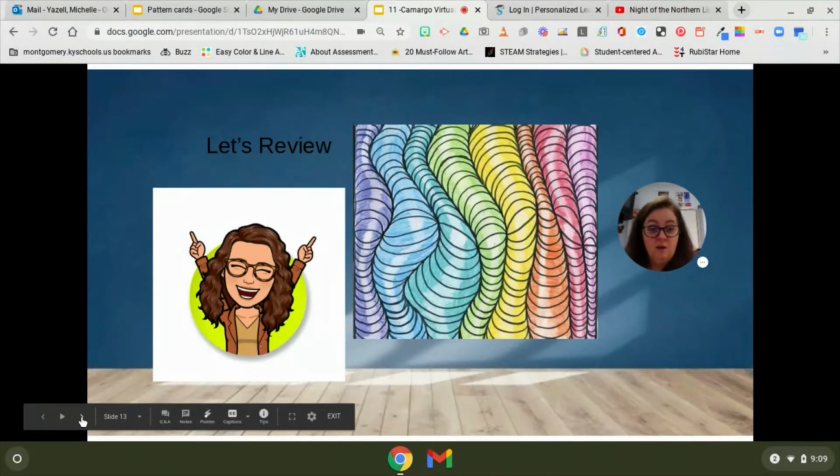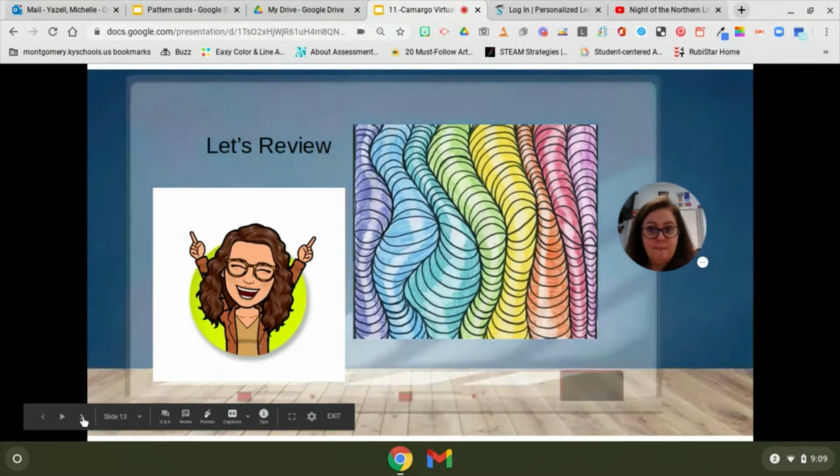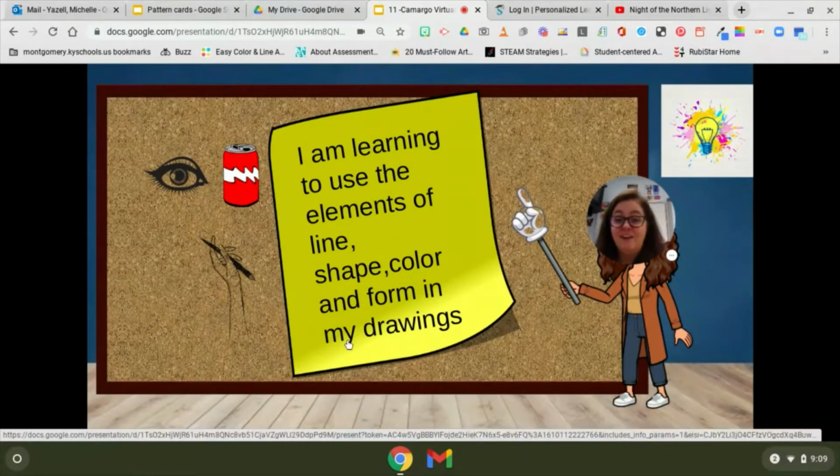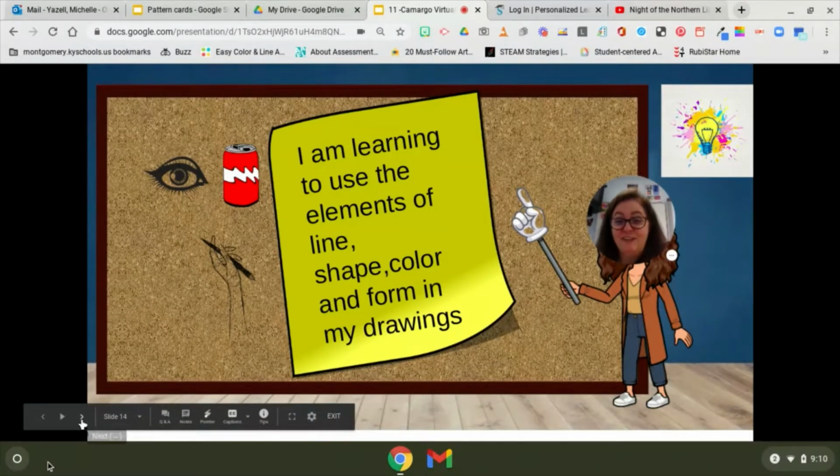So today, you're going to be learning about using the elements of line, shape, color, and form to create your drawing. So lines, shapes, and colors are three of the elements of art that help make up your picture. When you start drawing, you are using those elements of art. They're kind of like the building blocks of your picture. And form is also an element of art, and it means something that's three-dimensional. But when you're drawing, you're not really creating something three-dimensional, but you can make it look 3D by the way you draw it. And artists use those tricks all the time to create artwork that looks three-dimensional.